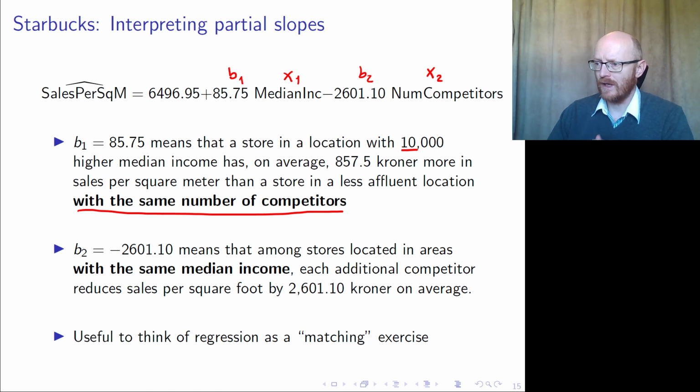fixed, okay? And B2 is negative 2,601, which means that among stores located in areas with the same median income, each additional competitor reduces sales per square meter by 2,600. Okay, I think we measure this in meters. Yeah, sales per square meter. So